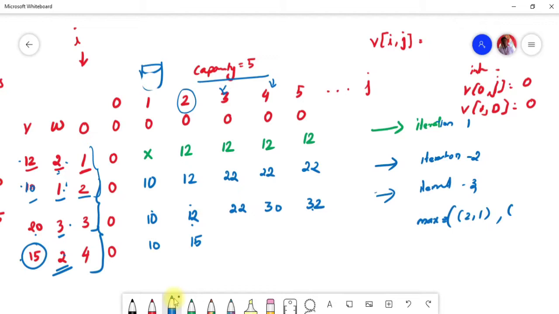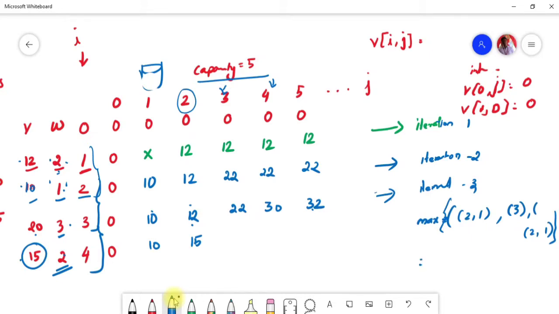And I can take item number 3 directly. Any other possibilities? Yes, of course I can go with the first 2. It has the same value, no problem. It's just for understanding purposes that I'm writing like this. The formula is nearly the same.